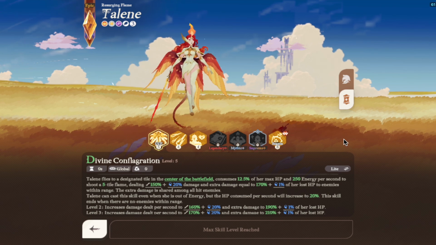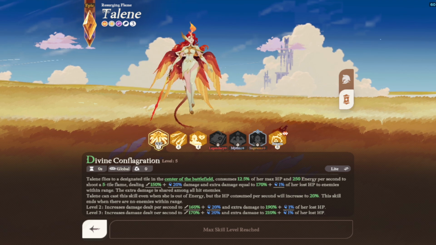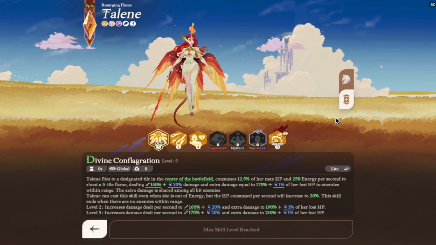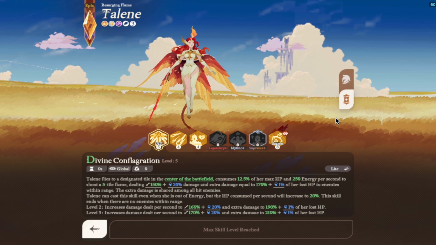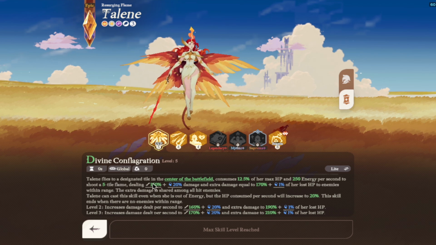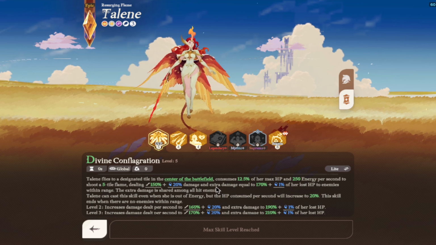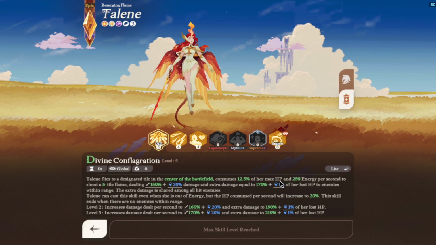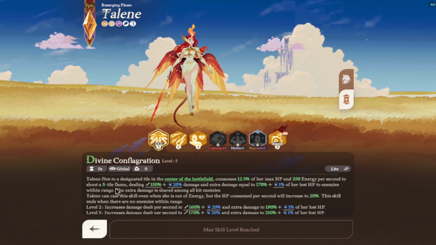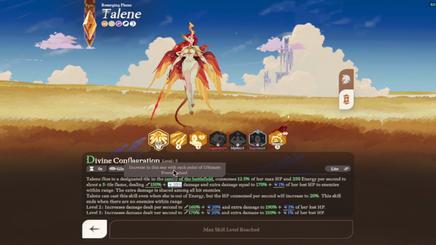Now if you can keep healing her, the basic strategy that everybody is using is with Smokey, because she works well with him. She keeps getting healing and she does the damage, and her damage is absolutely phenomenal just on 1 copy. So imagine when you have her maxed, she will be absolutely a wreck. So Talene flies to a designated tile in the center of the battlefield in front of the enemies. So she goes to the most crowded place, consumes 12.5% of her max HP and 250% energy per second to shoot a 5-tile flame, dealing damage 150%, plus 20